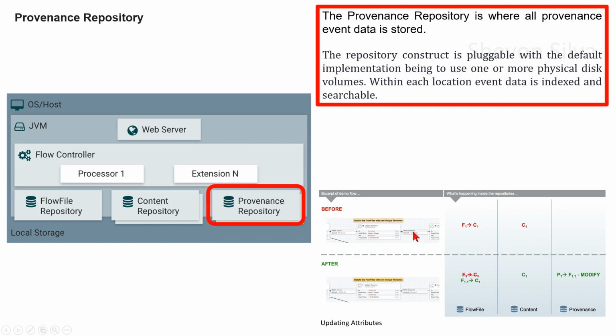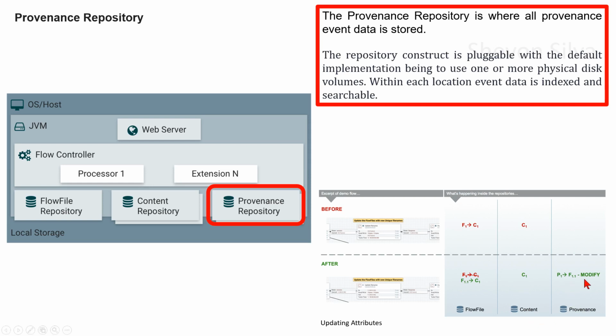Here you can see response is connected to UpdateAttribute, and UpdateAttribute to success, before and after. In the FlowFile repository before, F1 is pointing to C1, and in the content repository you can see C1. After, you can see F1.1 is pointing to C1, and in the content repository you can see C1,